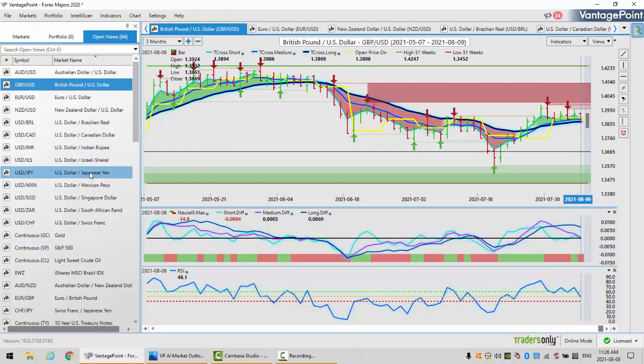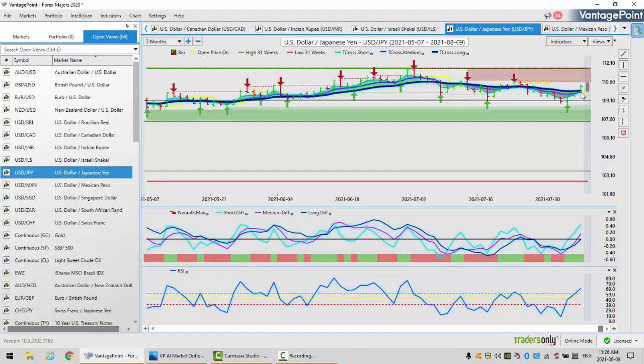Now, with the dollar yen, again, we could be seeing some good value on longs. We've come down, we've hit these verified support lows, made a new recent support low at the 108.72, only to recover. Again, the culprit here, and how to get into a trade quicker and, in my respectful opinion, highly accurate, is the MA diff cross, measuring the medium term trend against the longer term trend. So when that pink line crossed up, the neural index turned green, that led to a reversal long before it took place.